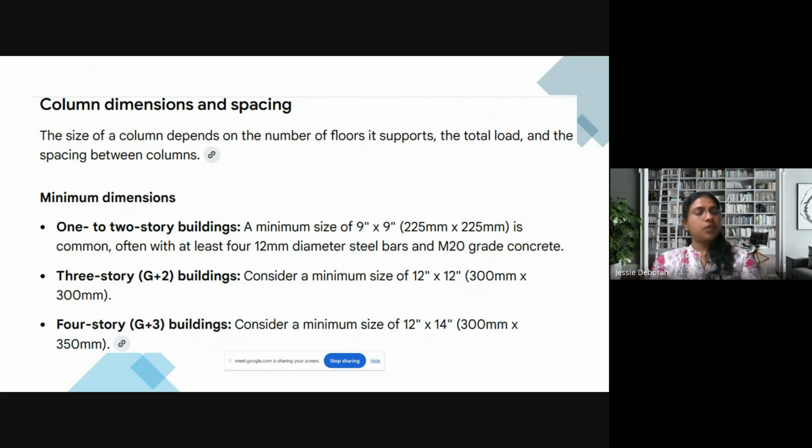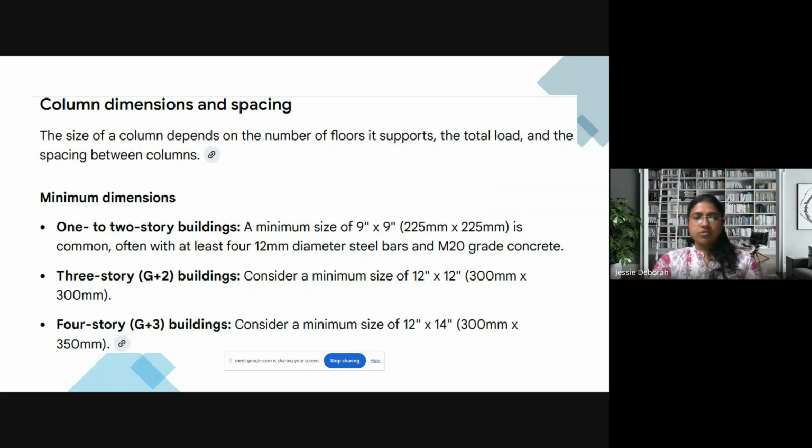But what if you have to go in for a big space, like an auditorium, where you should not provide columns in between? In those cases, we will go ahead with deep beams, or heavier corner columns that will take the entire load of the other beams. We will sometimes provide secondary beams also.